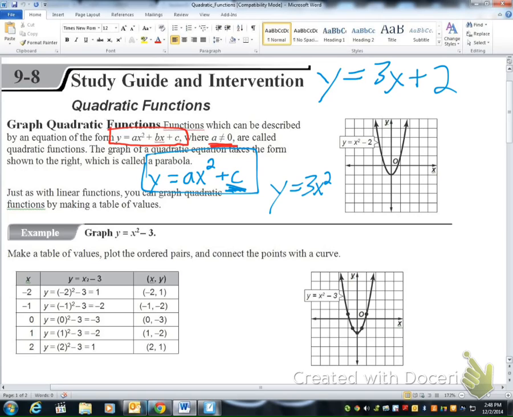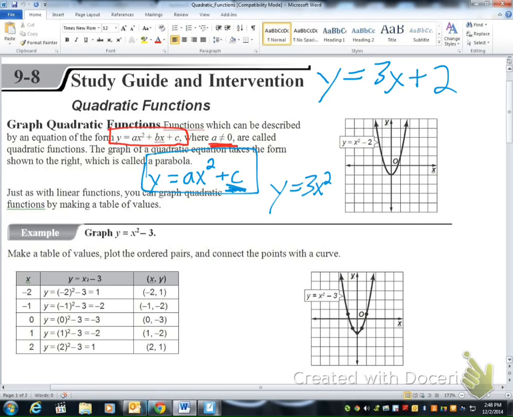I'm telling you this because I don't want you, next year, to get an equation that has an x term in it and go, oh no, Miss Nichols told us it's always centered around y. Well, no. It's only centered around y if there's no b term in there, if there's no x. Okay, if it's something x squared plus or minus something, and there's no x term, then it's going to